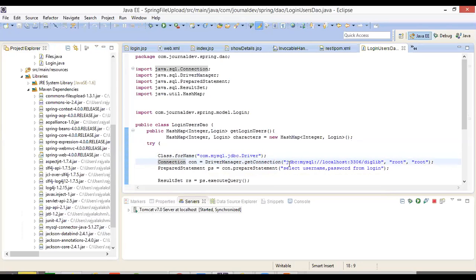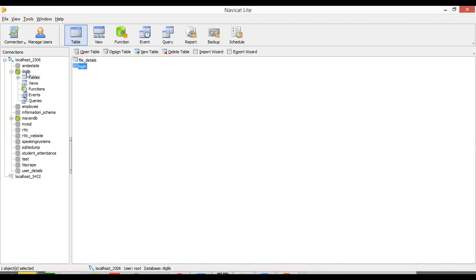Then Connection con is equal to DriverManager.getConnection. You are giving jdbc:mysql. This is the URL, localhost, because my database is in the same system, localhost:3306/ and then which database I am connecting. So as you can see, what is the database that I have? I connected the database. Which database? Diglib.